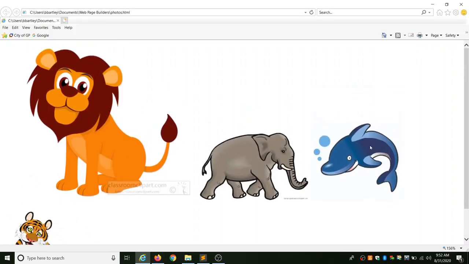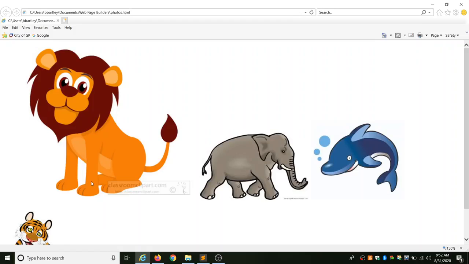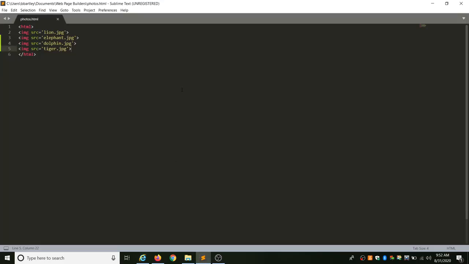So eventually we can turn these into buttons and we can do all kinds of things with them. But for right now, try adding in some images. So for our first one that we did, we had kind of a schedule going on, Monday, Tuesday, Wednesday, history, science, whatever. So maybe you can find a picture of history and add in an image above or below your paragraph. So just kind of take this, play around with what you have learned so far. I'll go back to our text editor. So go in, add some photos to some of the other pages that you've done, mess around with these photos, adding some more